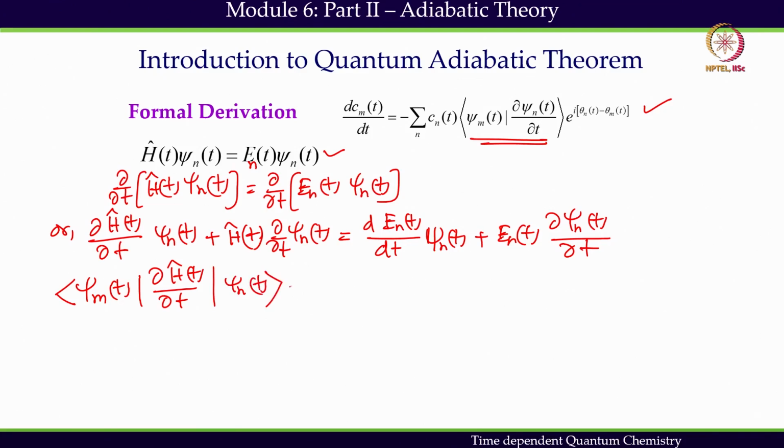So this is one integration, plus we will have psi m(t) ∂H/∂t psi n(t) partial derivative equals, now this one is going to be